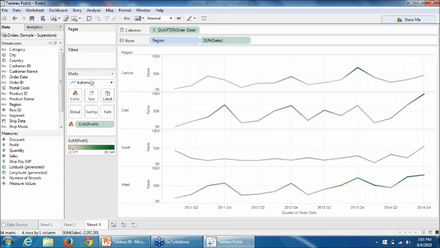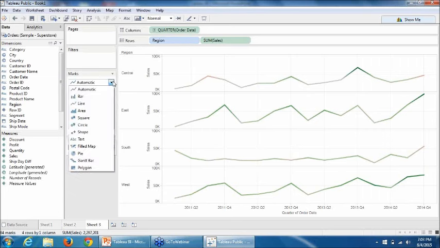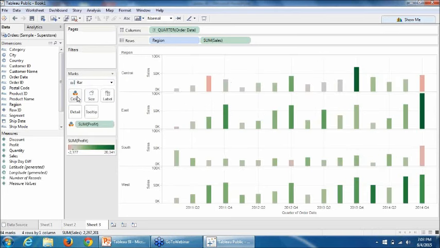So what we can do is go to this marks card, click on this drop down and select bar. So it gives me a better view of the performance. The profitability is dependent on the range that is already there, and the darker the color is, the more profitable you are.